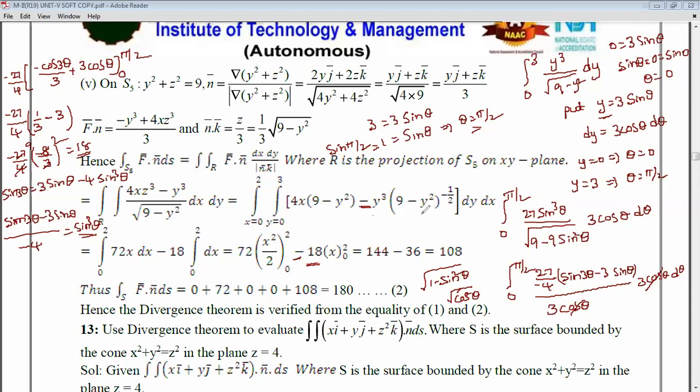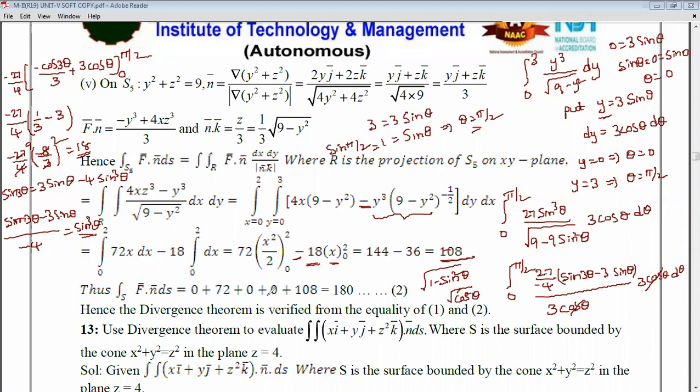And if we simplify this total integration like this, you will get 18. So the integral of dx is nothing but x. Okay, and then after simplifying, simply what we got is 108 for S5. So S5 is nothing but, again, what we did in the entire problem, F bar dot n bar, and next to solve.